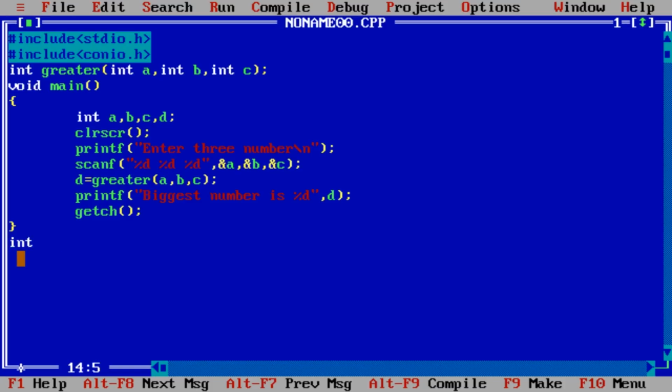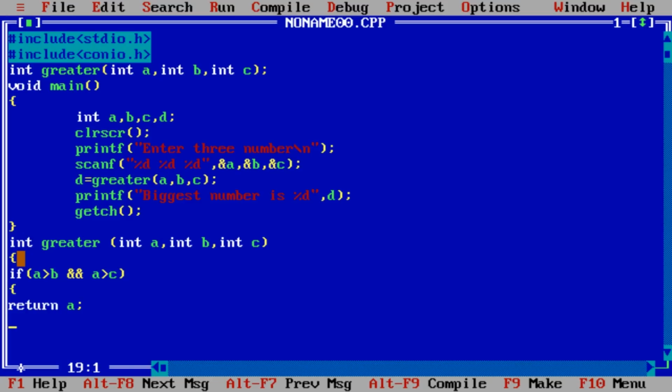Now we will just write the definition of the function, and check if A is larger than B and A is also larger than C, then return which value?